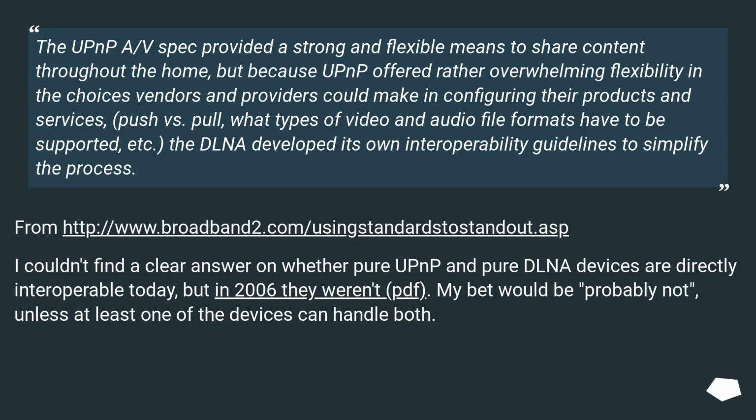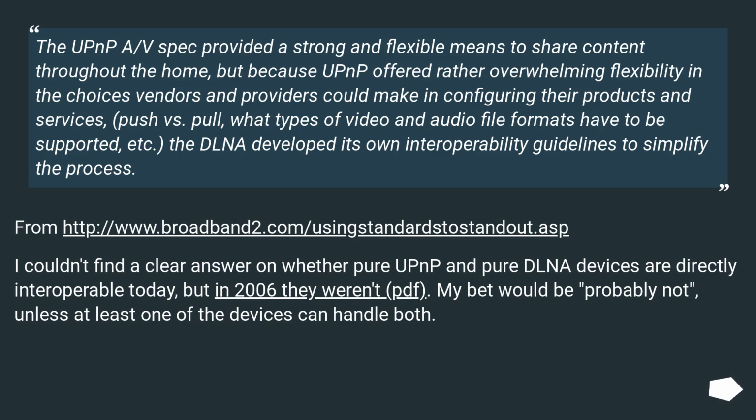The UPnP AV spec provided a strong and flexible means to share content throughout the home, but because UPnP offered rather overwhelming flexibility in the choices vendors and providers could make in configuring their products and services, push versus pull, what types of video and audio file formats have to be supported, etc., the DLNA developed its own interoperability guidelines